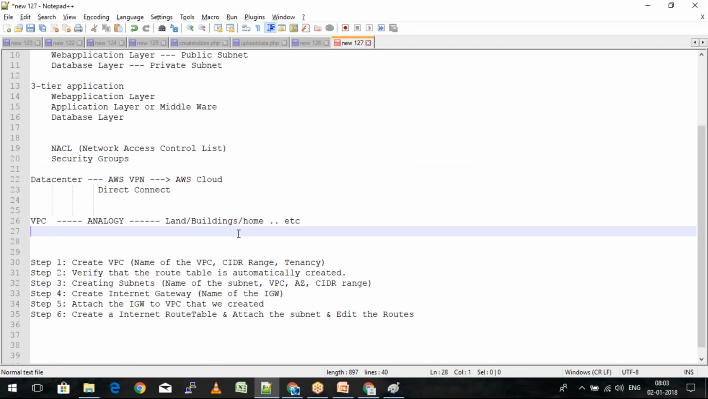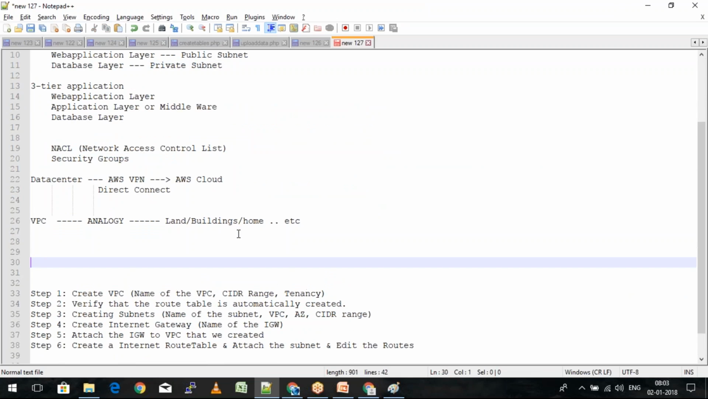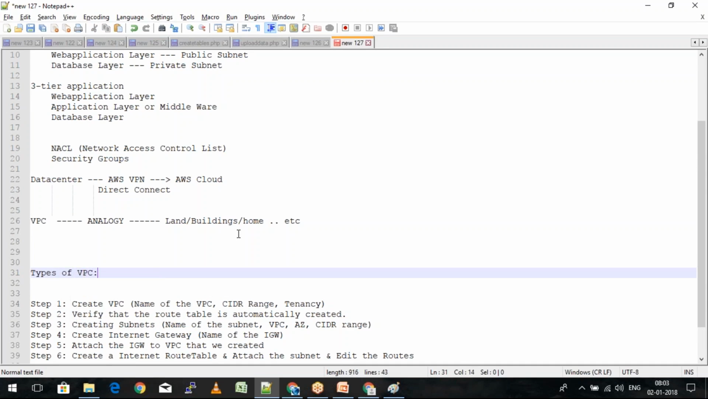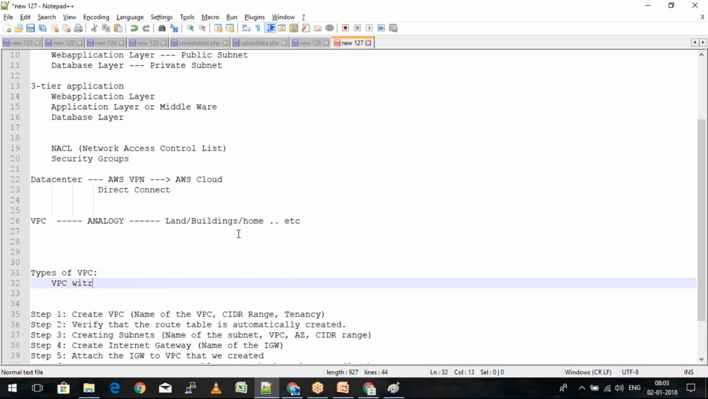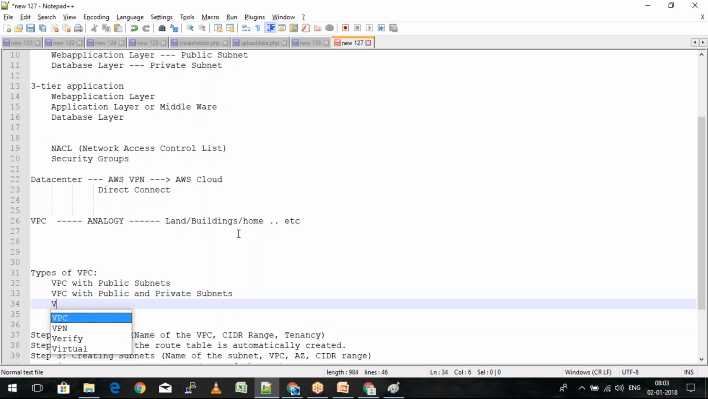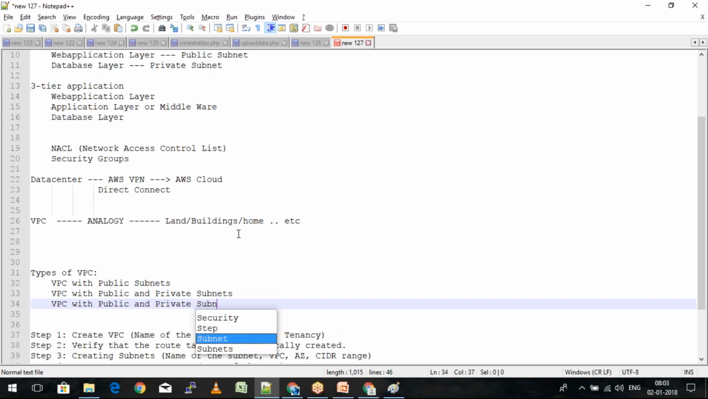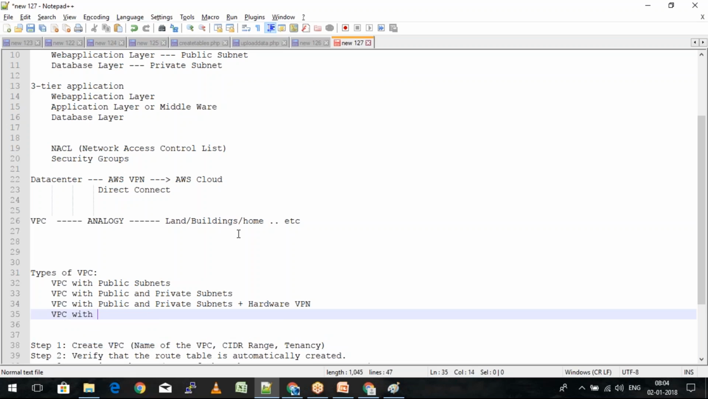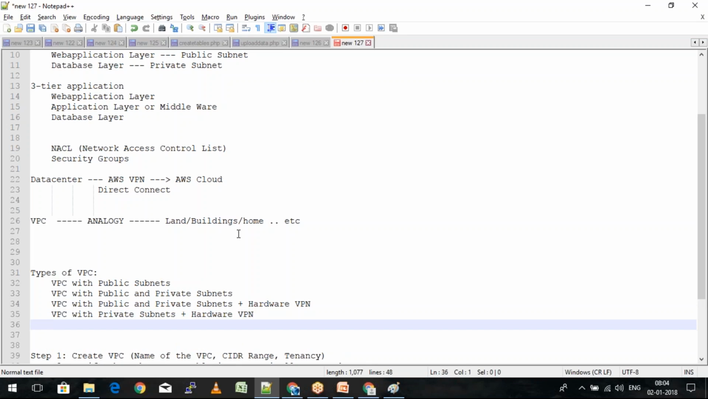So let me put it across here. Types of VPC: VPC with public subnets, VPC with public and private subnets, then VPC with public and private subnets but with a hardware VPN, and finally, VPC with private subnet only and hardware VPN. So these are the 4 different types of VPCs that we can usually set up,